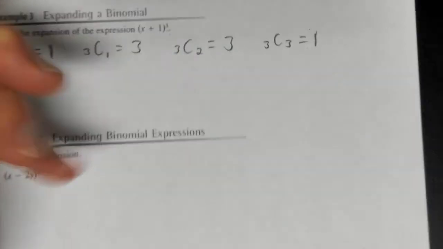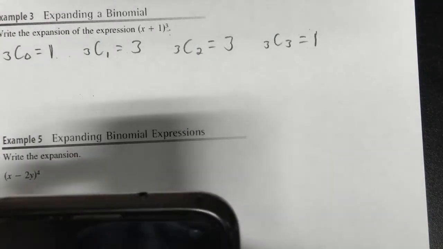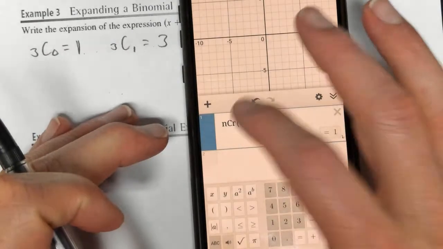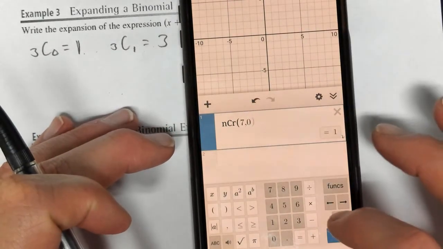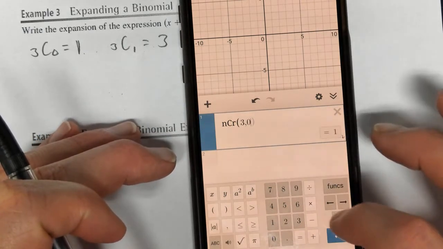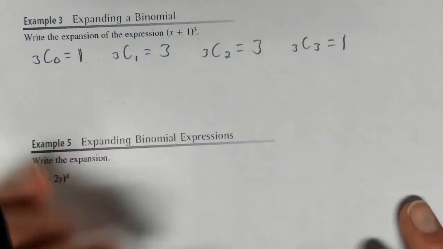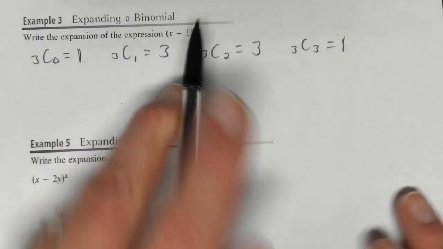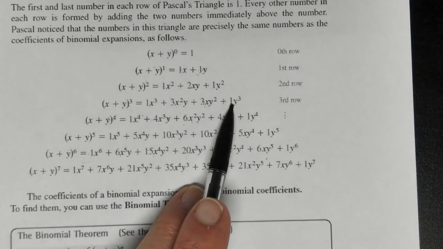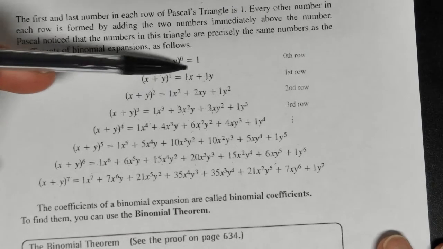And then, of course, if you wanted to quickly verify a few of these or all of them, then you could. It wouldn't take very much work to come back in here, put it into the calculator, and double check that 3 chooses 1 is 3. But remember, if it's raised to the 3rd power, then go here and see what the numbers in Pascal's triangle are. So what I'm saying is you can get those leading coefficients pretty easily just by looking at this chart